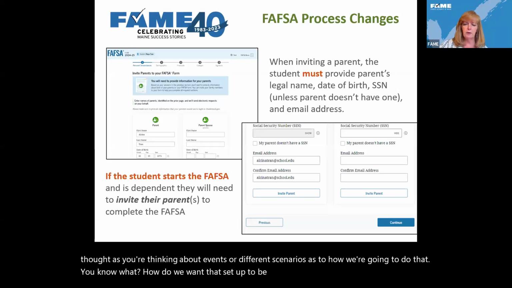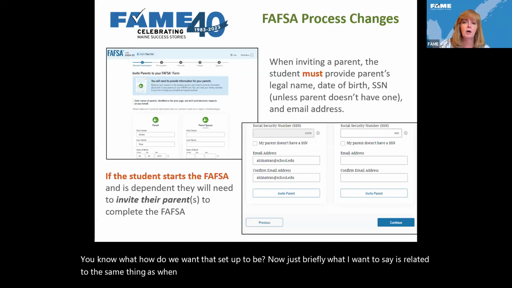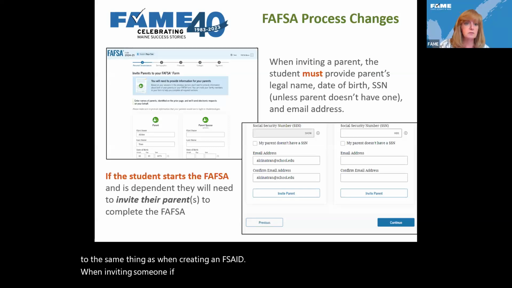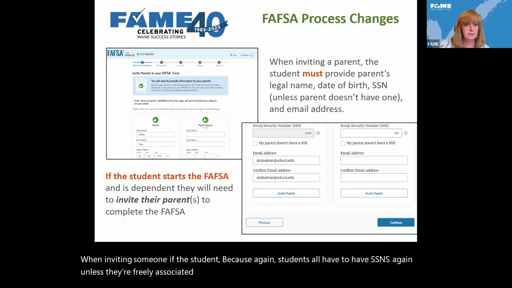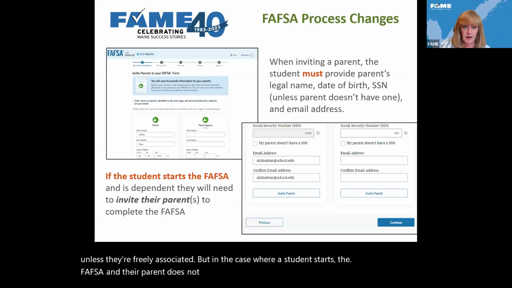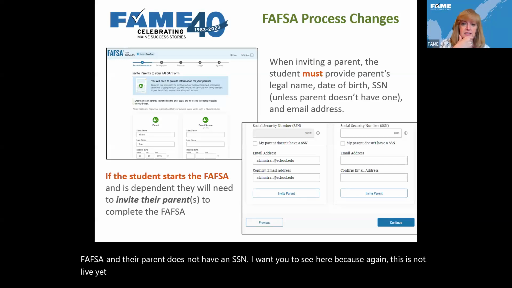Now, just briefly, related to the same thing as when creating an FSA ID: when inviting someone, students all have to have SSNs, unless they're freely associated, but in the case where the student starts the FAFSA and their parent does not have an SSN, I want you to see here, because again this is not live yet, there's a box that says my parent doesn't have an SSN.